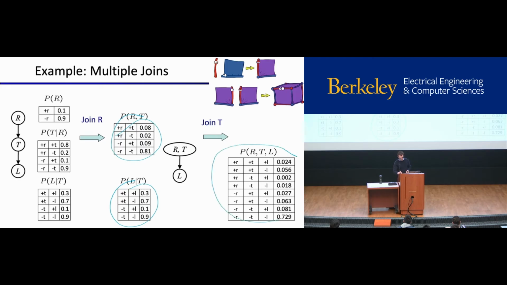How do we get these values here? Well, this one here is the probability that rain is true and temperature is hot and I'm late for class. And so what we have to do to get that value is we look at the probability that rain is true and temperature is hot, and the probability that temperature is hot and I'm late for class. We multiply those 2 things together and that gives us this 0.024. Okay, so that's how we would do that. I won't go through the rest of them, but you can check for yourselves that those numbers come out right. And notice that they sum to 1 because this is a proper joint distribution. Okay, questions on this? So multiple joins, does that make sense?